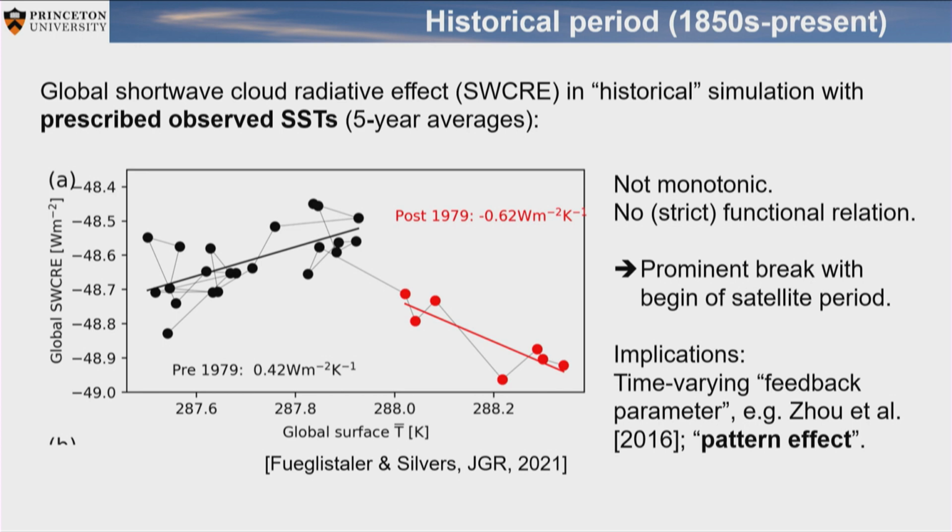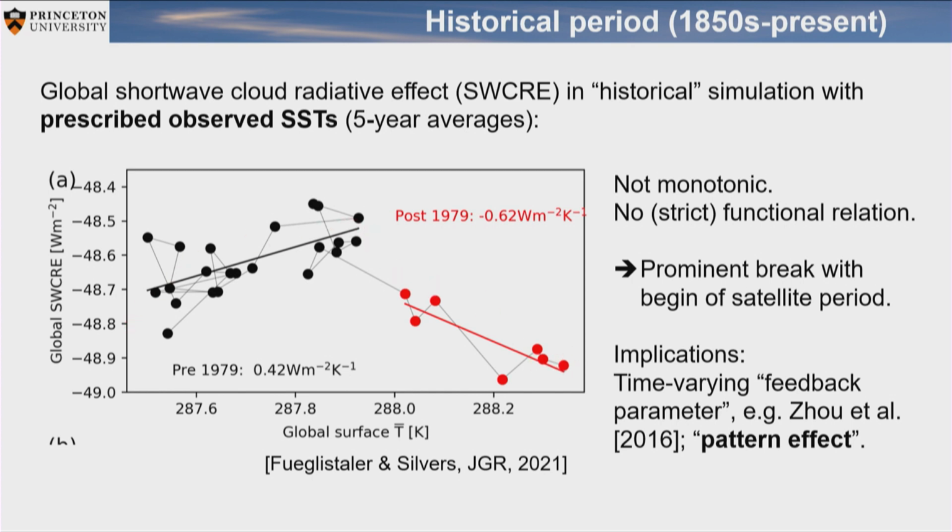But you can ask, is that now a big scatter or is it a small scatter? And one of the problems that we have is we don't really have a theory that would tell us what is the expected range of variation. But certainly what catches your eye more is that for some part, it seems to be a positive correlation, and then for other points, it's negative. And if you ask what is different of this versus this, then it is the post-79 period. So there seems to be something that happened, that the cloud radiative feedback went from positive to negative in the shortwave.